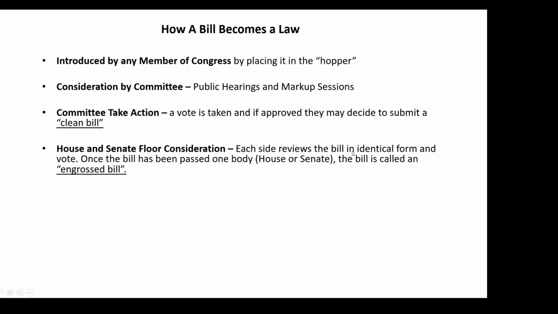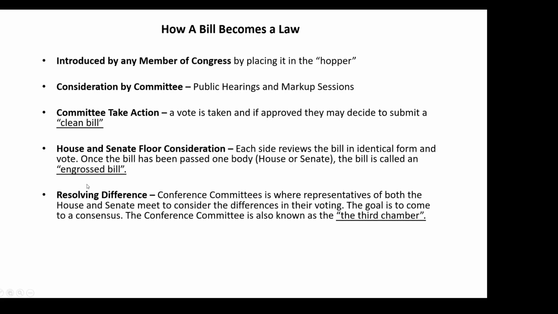Each side reviews the bill, and once the bill has been passed by one body, the House or the Senate, the bill is called an engrossed bill. That's assuming that both sides agree on everything, then the engrossed bill is created. However, if they do not agree, before you can do the engrossed bill, they have to resolve their differences,